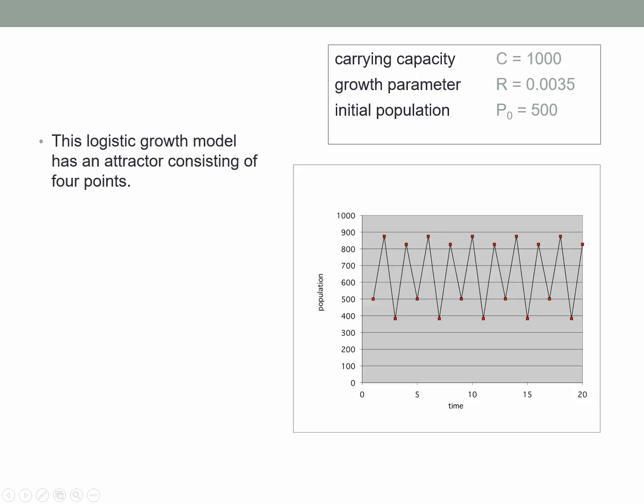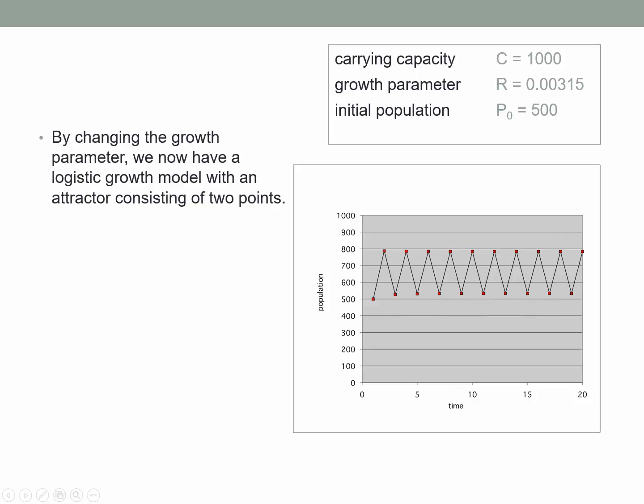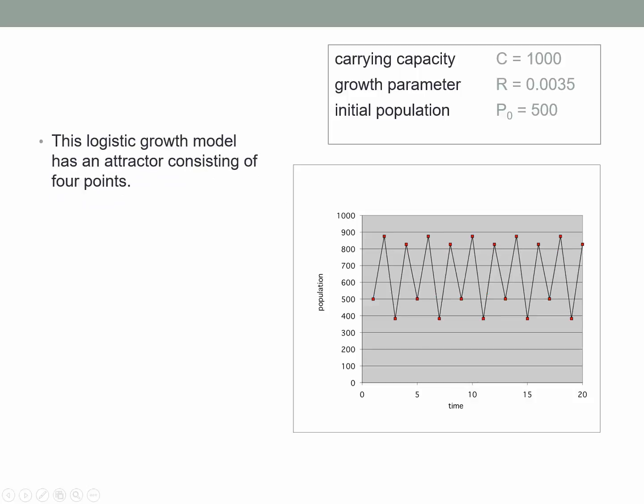And here again, I've changed the growth parameter. I haven't changed it very much. If you go back, you'll see it was 0.00315, and now it's 0.0035, which may seem like a tiny change. However, with this new choice of growth parameter, the logistic growth model now has an attractor consisting of, as you